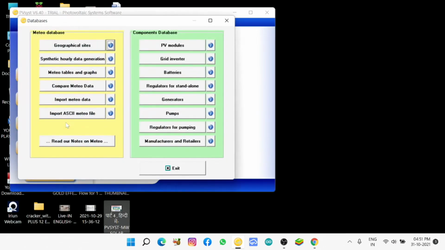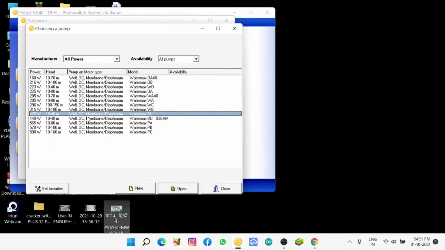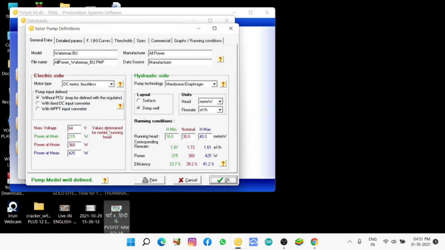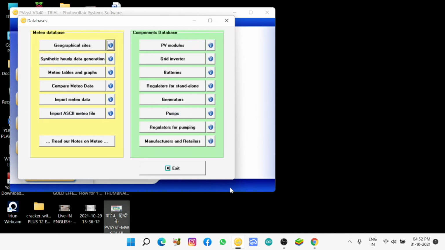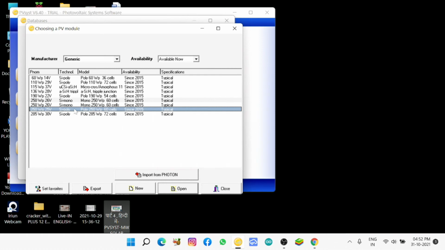We have seen it. Now we will come to the database. Now you will find the capacity, rating, manufacturer. You can select the panel size, what type of panel you want, like this and that, and you can get the data. And the same way, whichever is better, you can use. Pump capacity, manufacturers, company. When you buy this system, they will show all the manufacturers. Now they show only a few. Not so many manufacturers you can find, but after buying it, you can find Kirloskar and others. So they give you complete information.